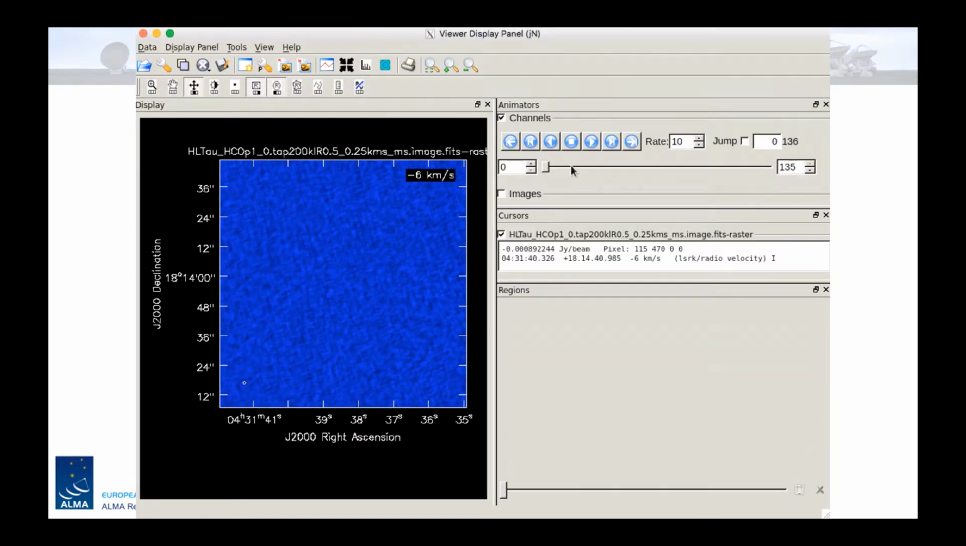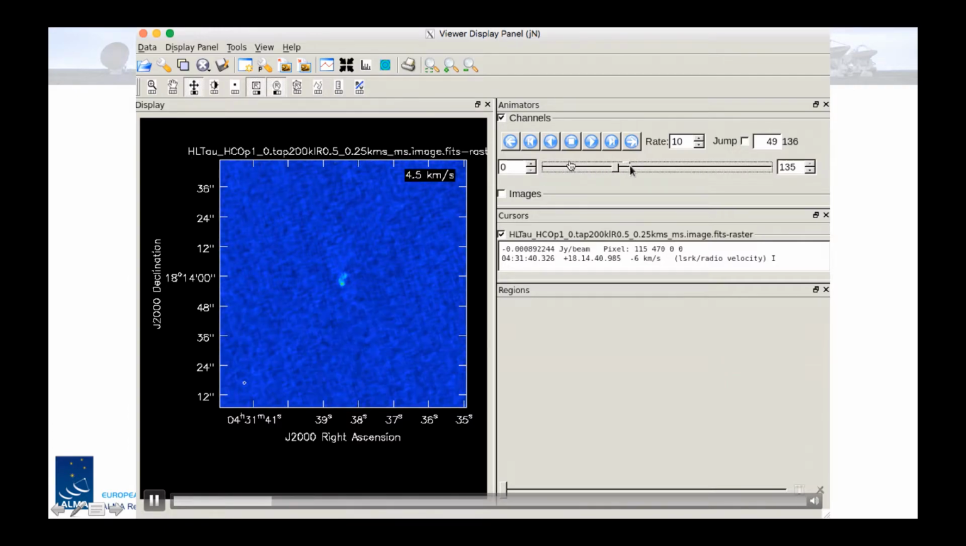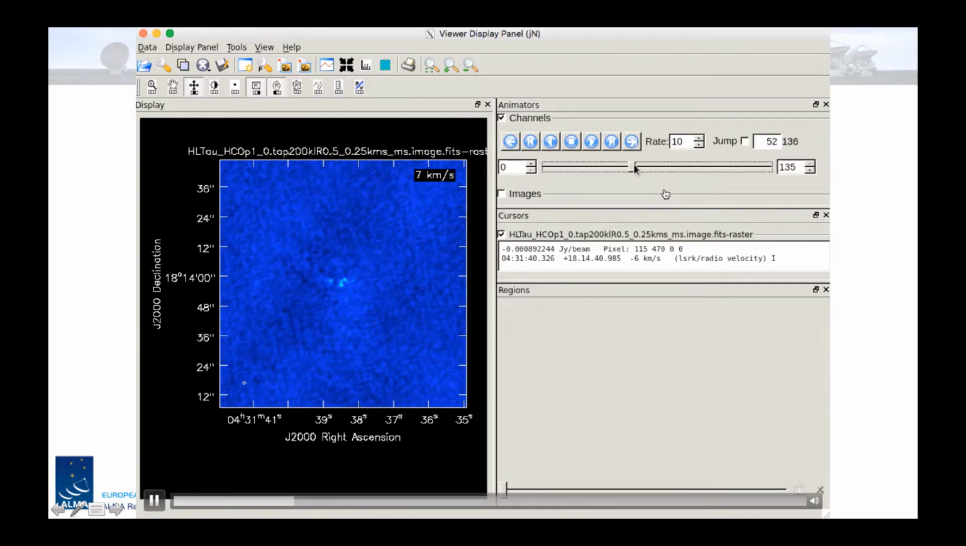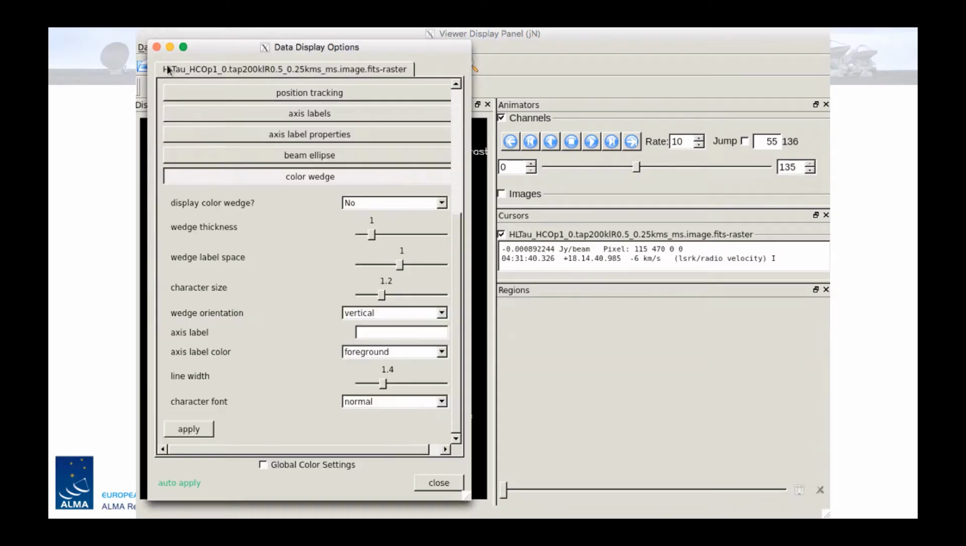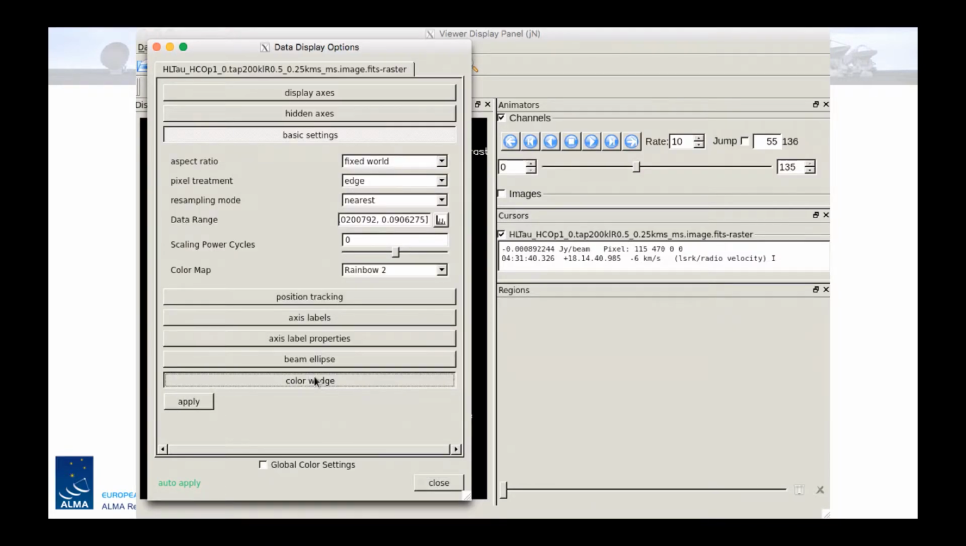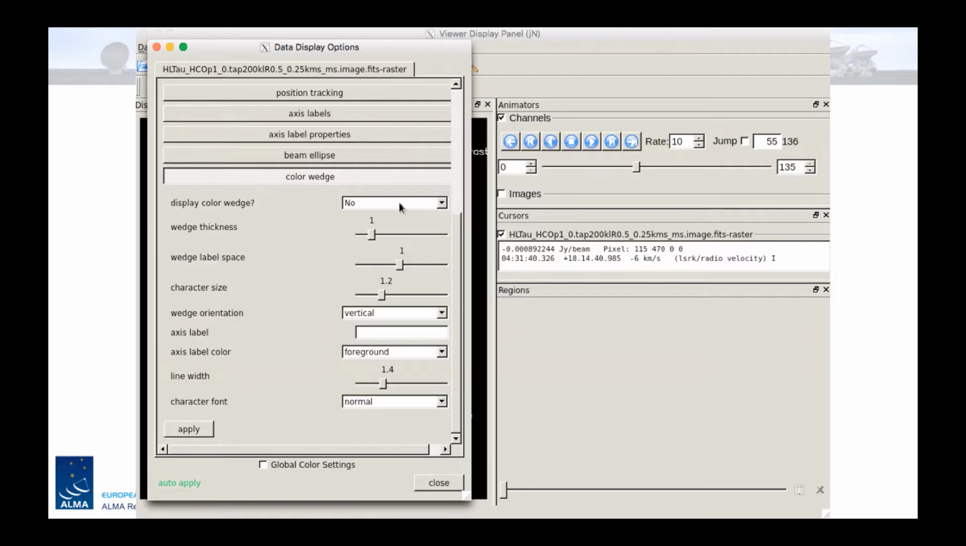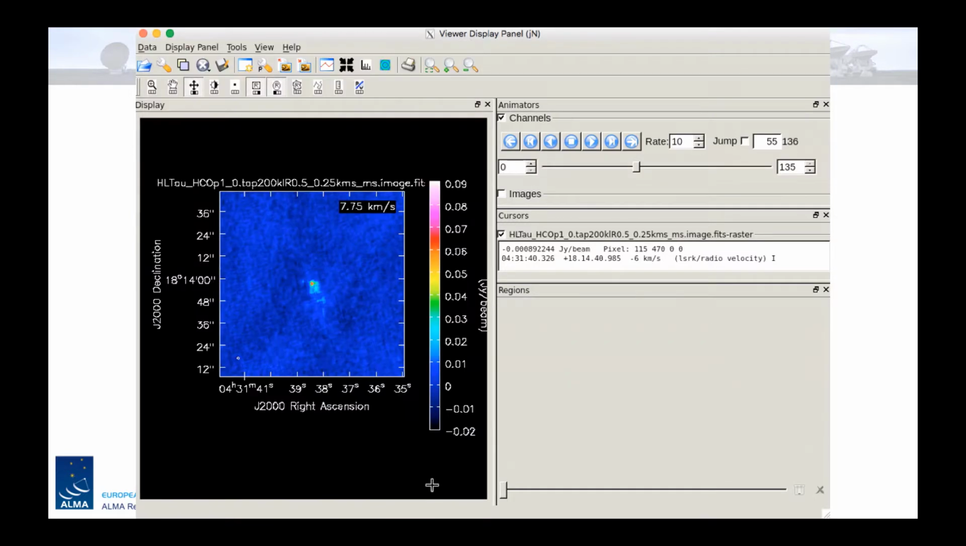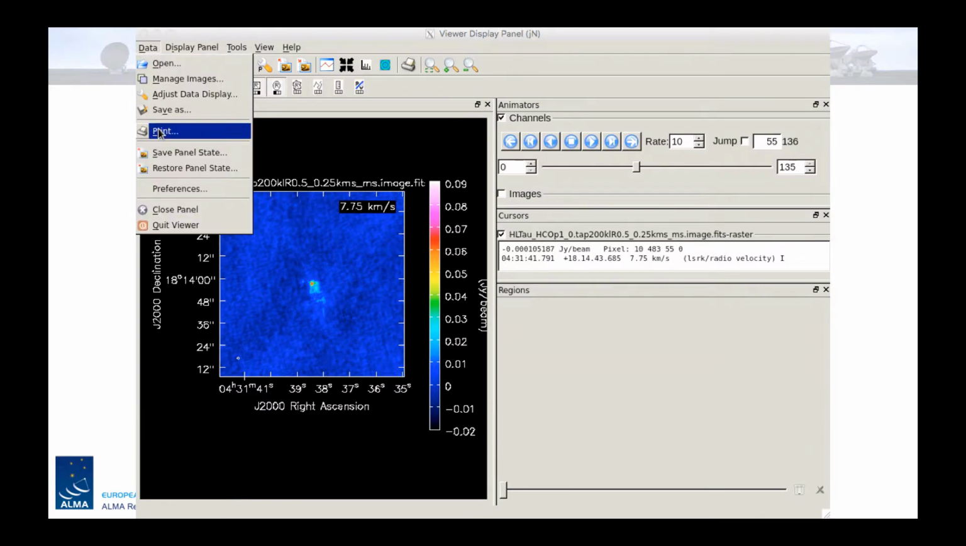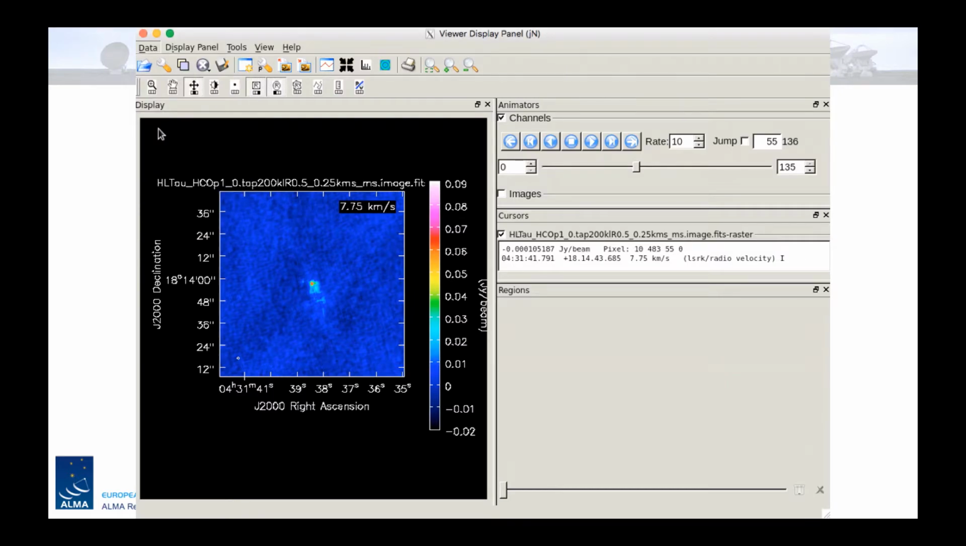So just open the CASA viewer as normal with imview, and then you can slide the image here to the channel that you're interested in. And once you've selected that channel, you can simply go in here into the data display options and customize the look of your image. The most important thing here is the color wedge, so that we can have scientifically useful information. So if you select that you want to display the color wedge, then you can see that you have a scale on the image. Then simply print the image,